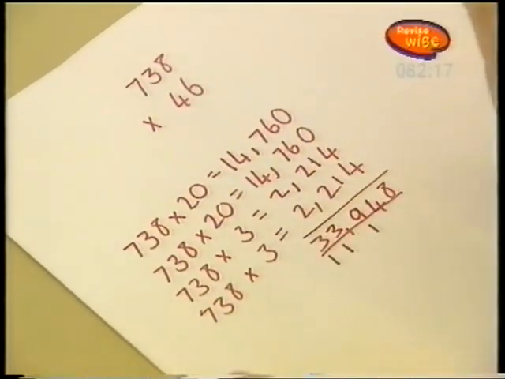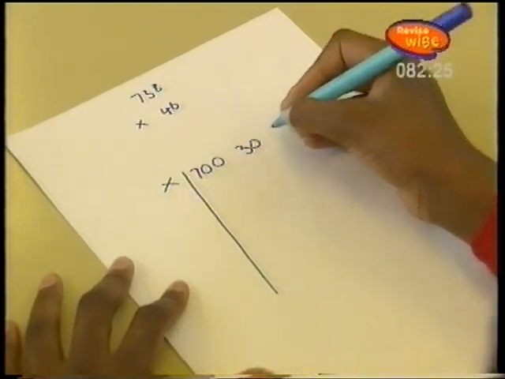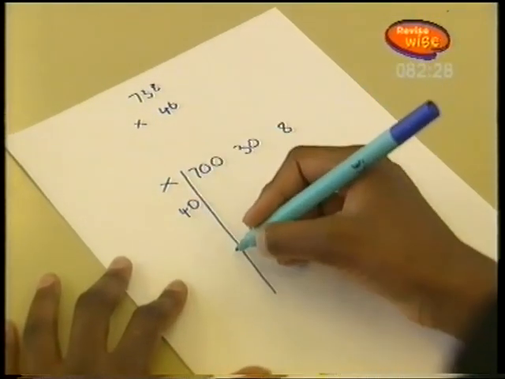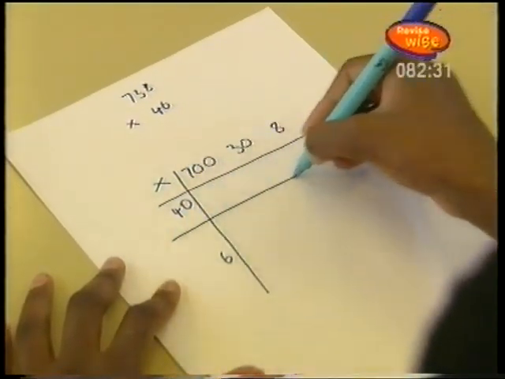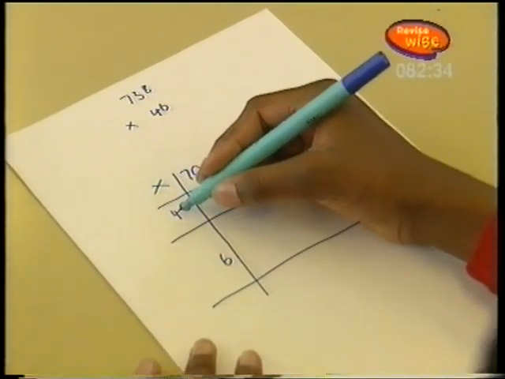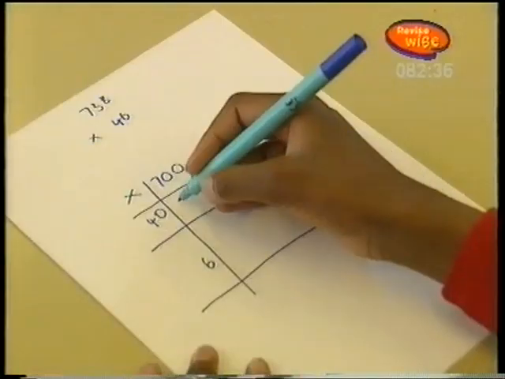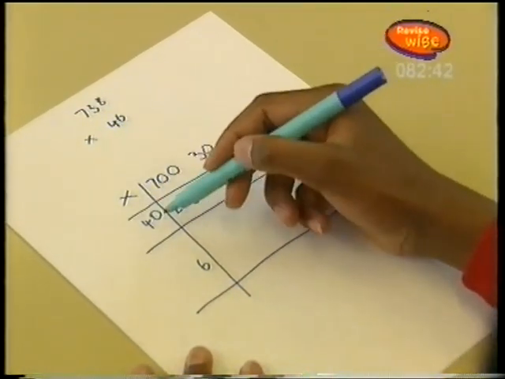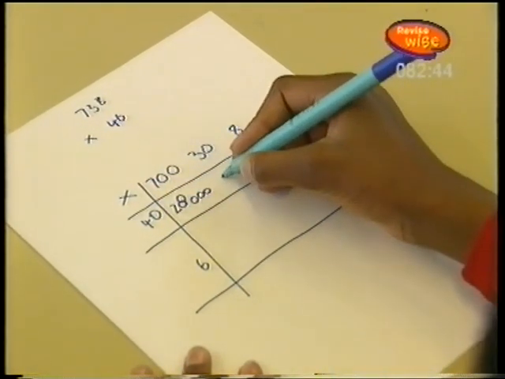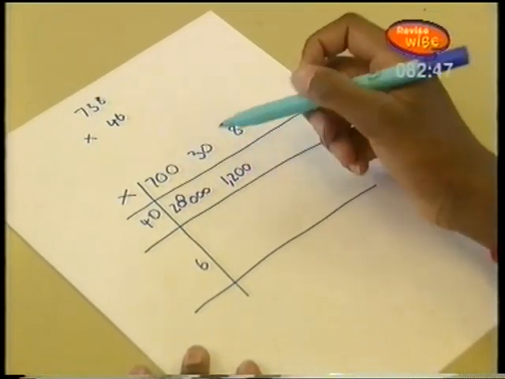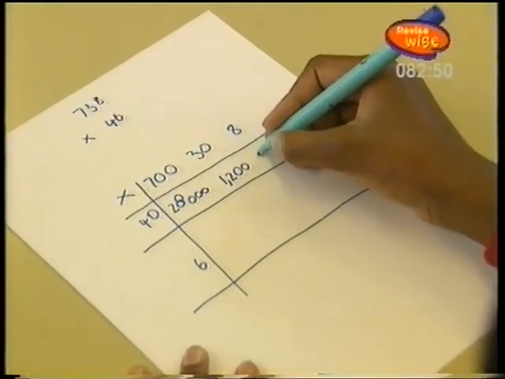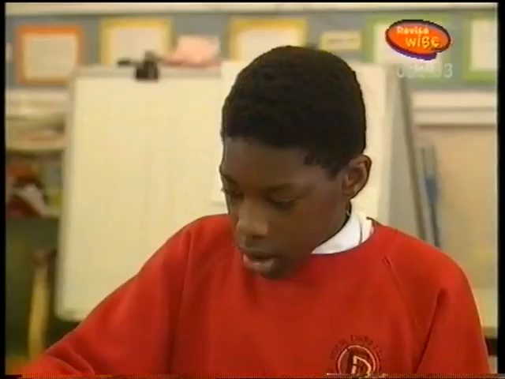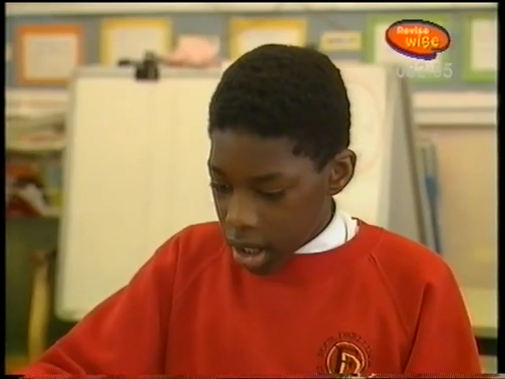And the answer would be 33,948. Here's another method. This sum is 738 times 46. I'm splitting up the numbers so that it still makes the same number. 40 times 700, but I'm going to take away the zeros, which equals 28, and add on 3 zeros. Then I'm going to do 40 times 30, which equals 1,200. Then I'm going to do 40 times 8, which is 320. Add those all together and it equals